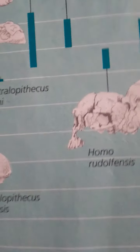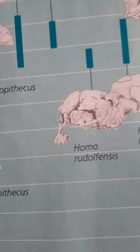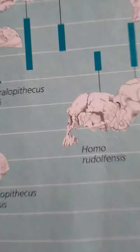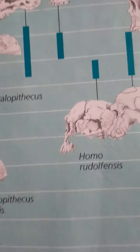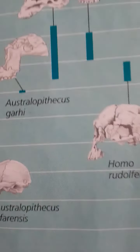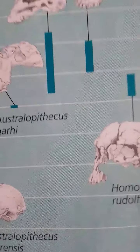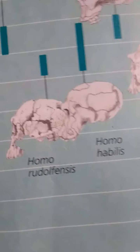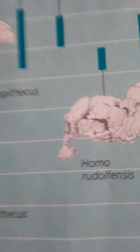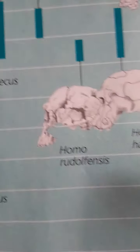One clue to their upright stance can be found in the foramen magnum, the hole at the base of the skull through which the spinal cord exits. In chimpanzees, the foramen magnum is relatively far back on the skull, while in early hominids and in humans, it is located underneath the skull. This derived position allows us to hold our head directly over our body, and apparently early hominids did as well. Leg bones of